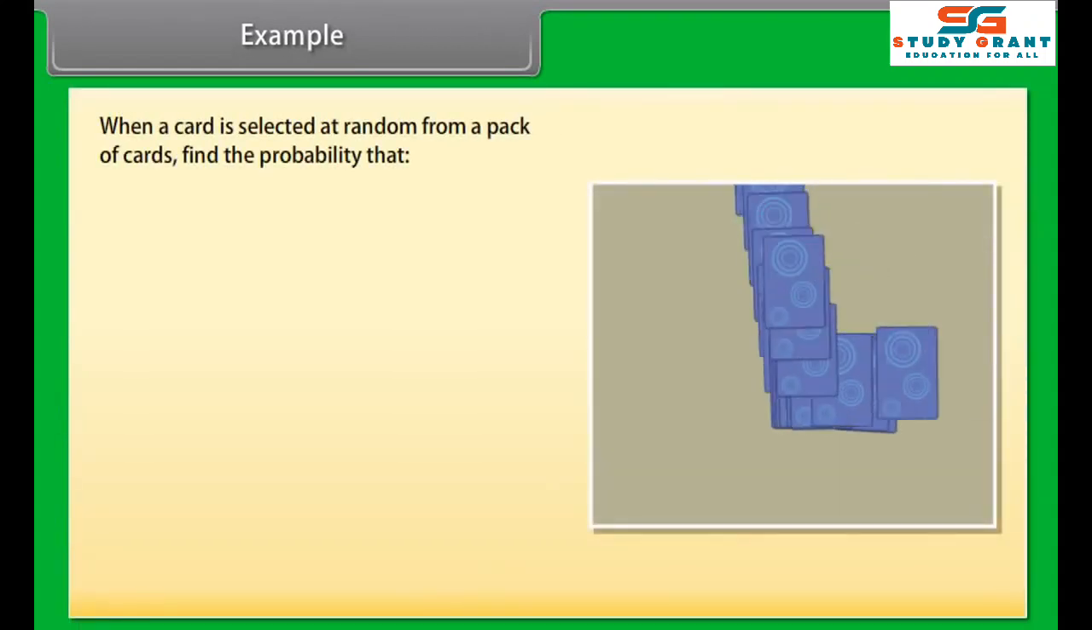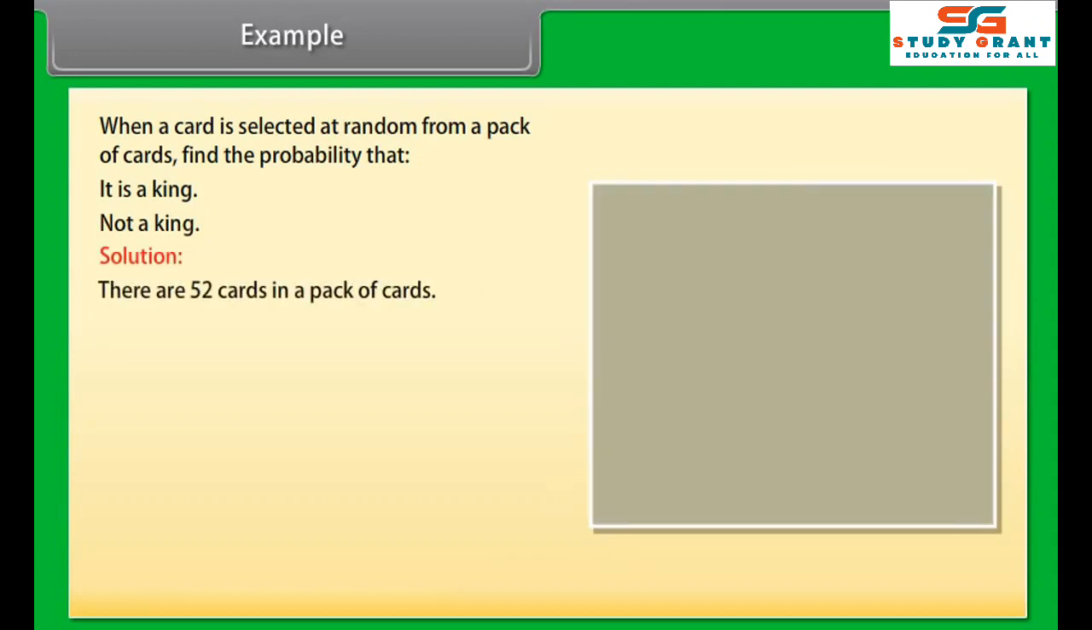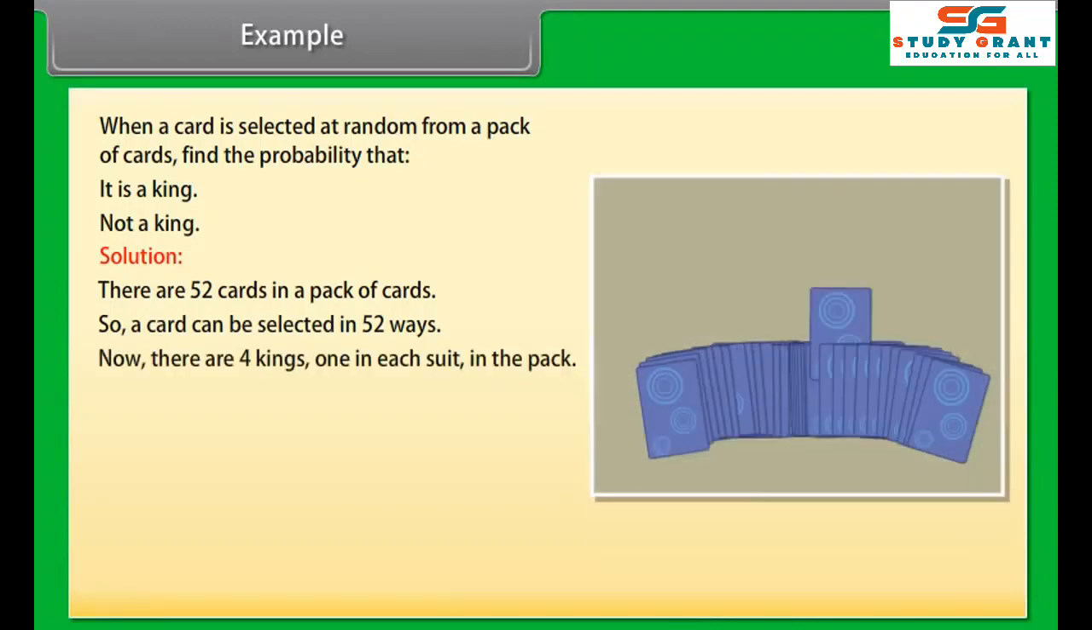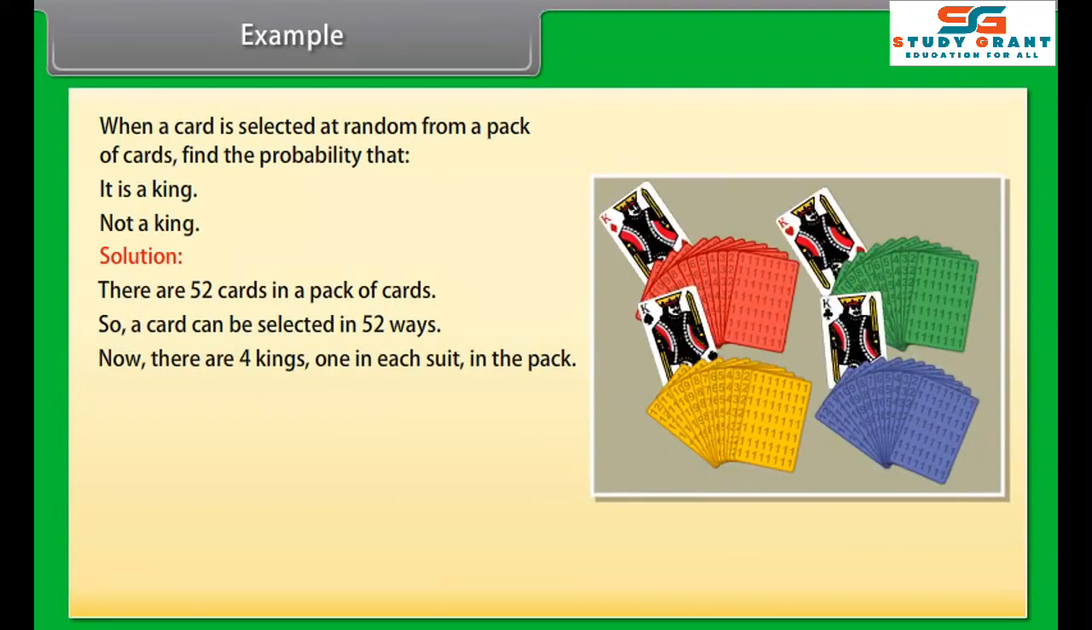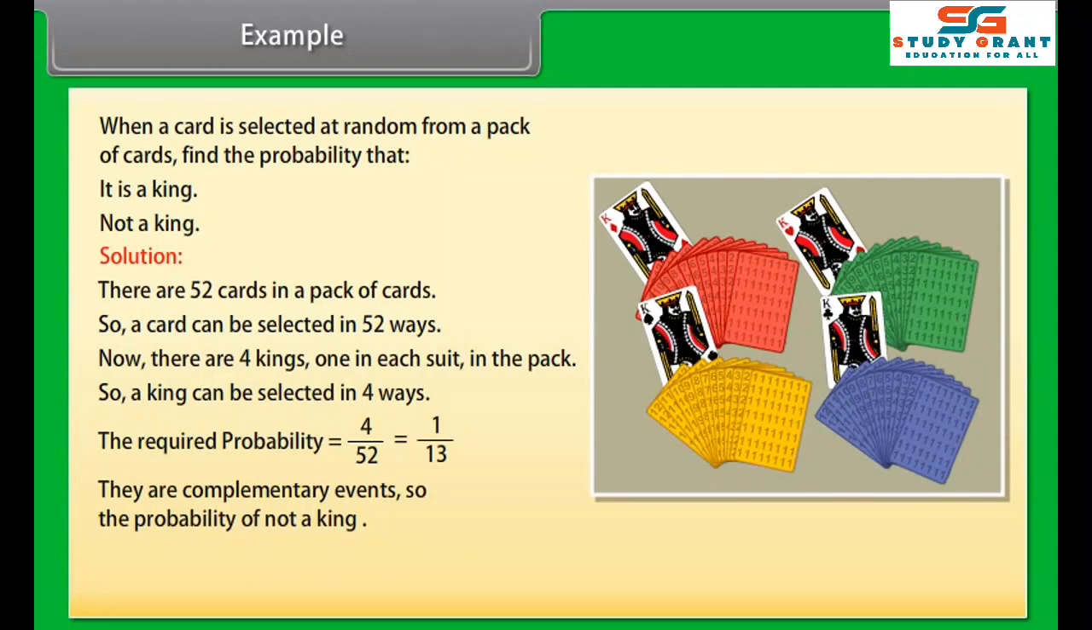When a card is selected at random from a pack of cards, find the probability that it is a king or not a king. Solution. There are 52 cards in the pack of cards. So, a card can be selected in 52 ways. Now, there are 4 kings, 1 in each suit, in the pack. So, a king can be selected in 4 ways. The required probability is equal to 4 by 52, which is equal to 1 by 13. They are complementary events, so the probability of not a king is equal to 1 minus 1 upon 13, which equals